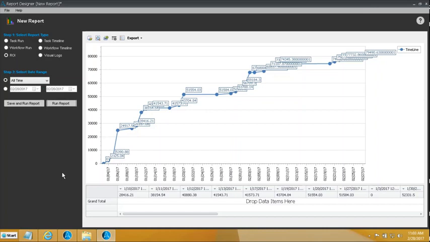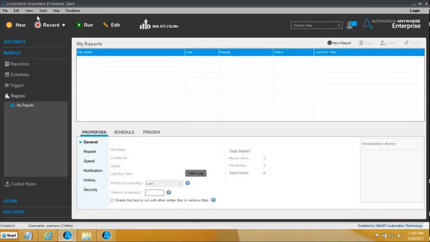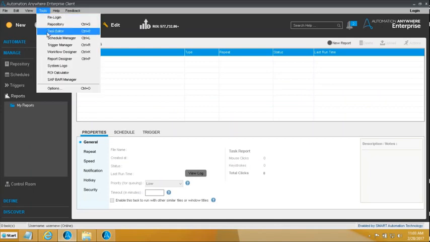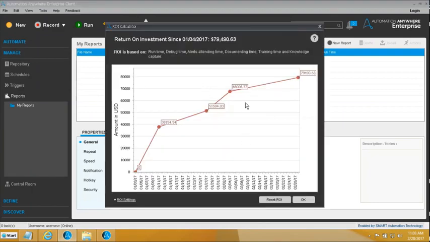Now if you wish to, there is another way by which you can look at this ROI information. We have over here the ROI calculator, which gives you this input also, just for the sake of your information. So here you can see you're getting the same metrics. You can reset the ROI. For example, I want the returns on investment to be calculated from scratch again, from maybe today onwards, or whatever is a good day we want to start calculating our returns on investment from there. So we can do this using our ROI calculator,